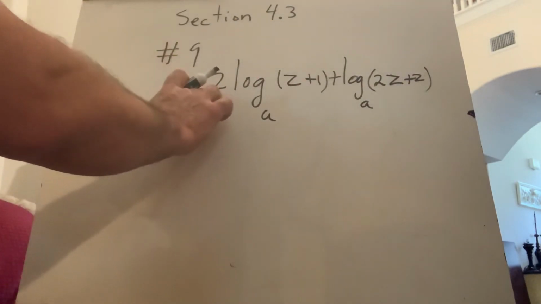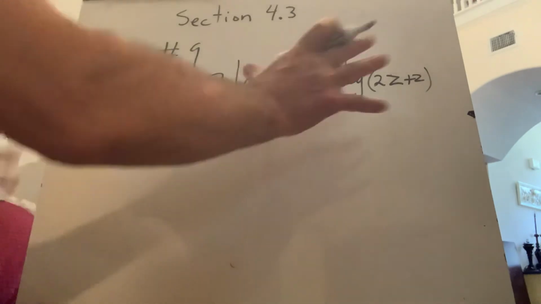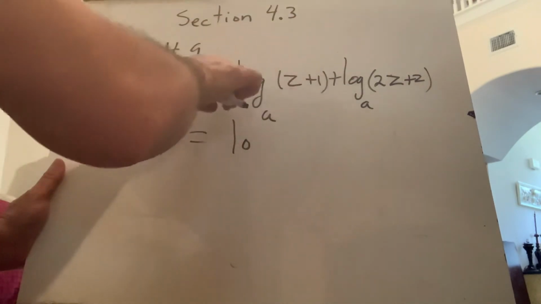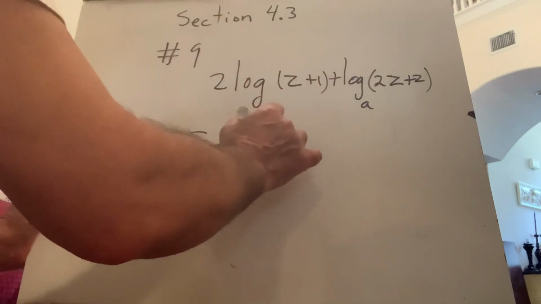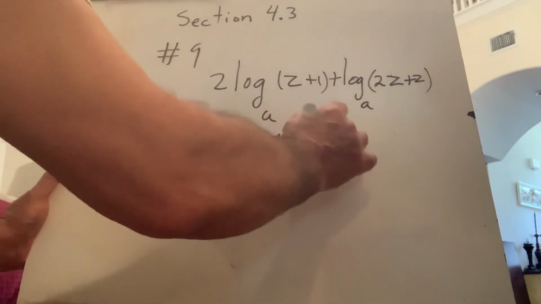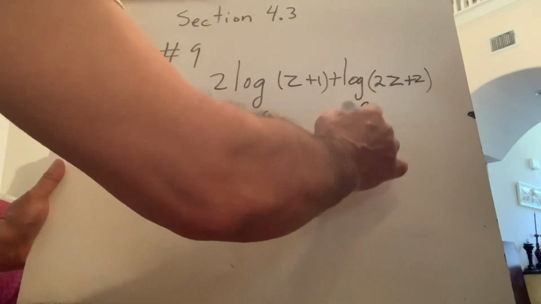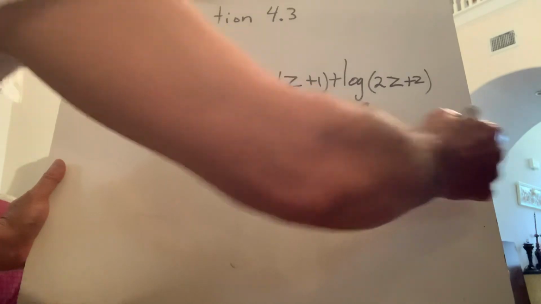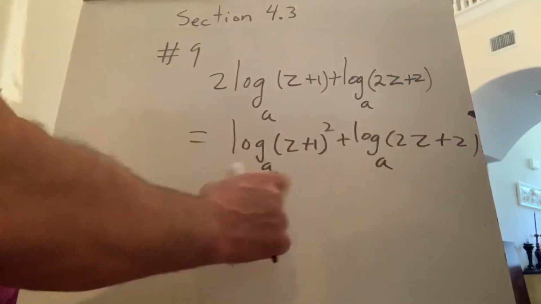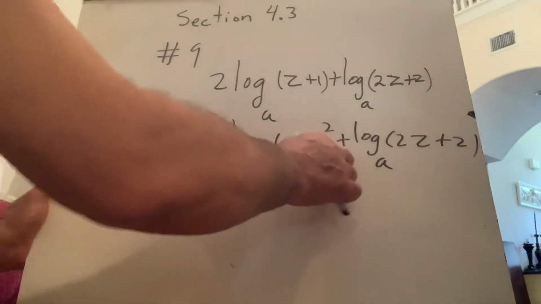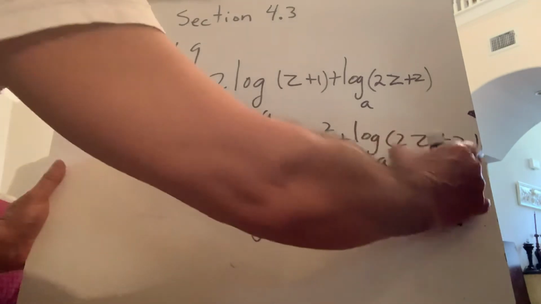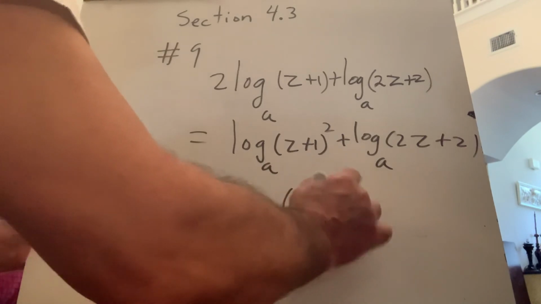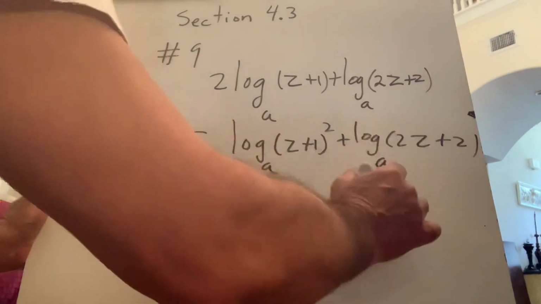First thing, again, we always want to remove the numbers in front of the log if we're going to condense them to a single log. By the power property, that number becomes your power. So that becomes log base A of z plus 1 squared. Now this other one has no number except 1, so that will just remain the same. The last step is to combine the sum of two logs into one log, which is the product property. A sum of two logs can be written as the log of their products. So this becomes log base A of z plus 1 squared times